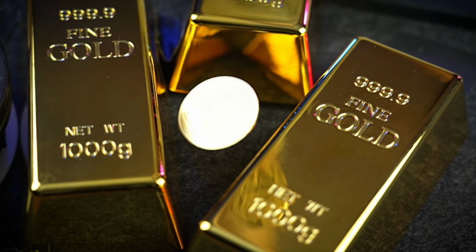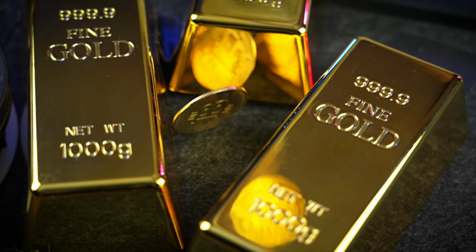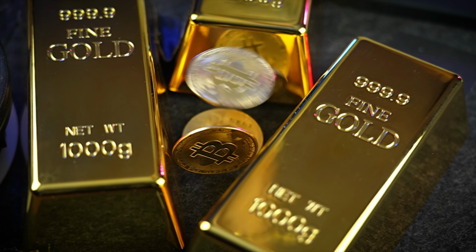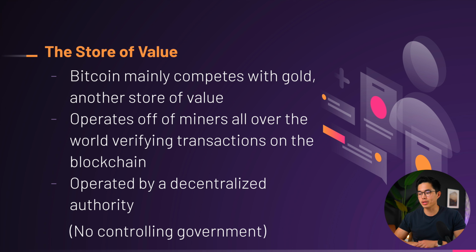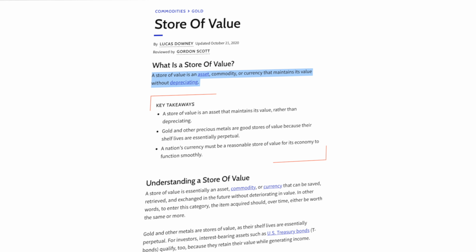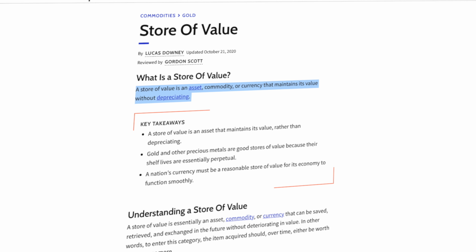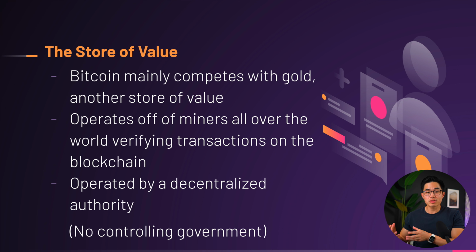So right now, the main competitor to Bitcoin is going to be gold, which is another store of value with a market cap of about $12 trillion, about 15 times higher than Bitcoin's current market cap. And a store of value is basically any asset or currency that maintains its worth over time. So gold does have some really unique attributes that make it often used in certain tech, but there's not really any other use other than that besides being a store of value and investment because it doesn't deteriorate compared to other precious metals and there is a somewhat limited supply.